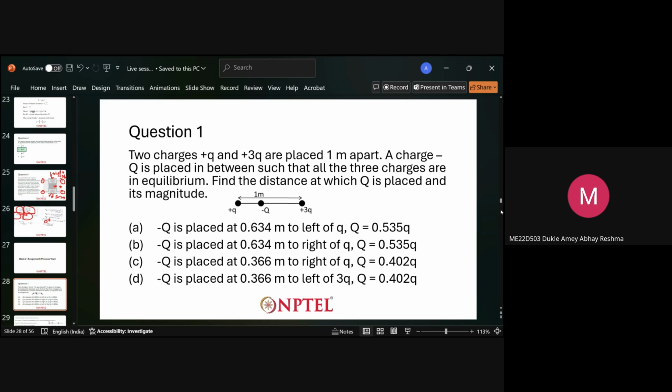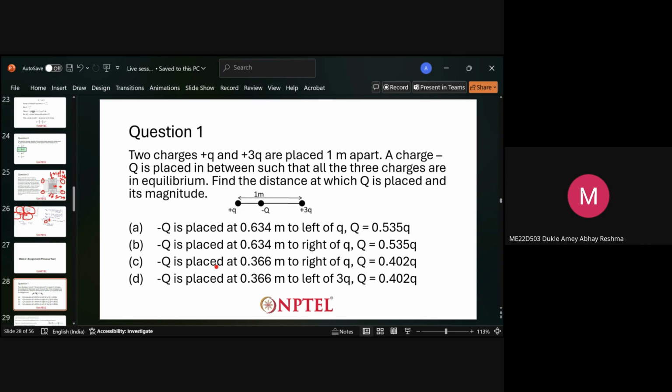Charge Q, that is a negative charge Q, is put between the three charges, so that all the three charges are in equilibrium. So how will you do it? How will you place it so that everything is in equilibrium? So these are the four configurations they are saying. Q is placed at